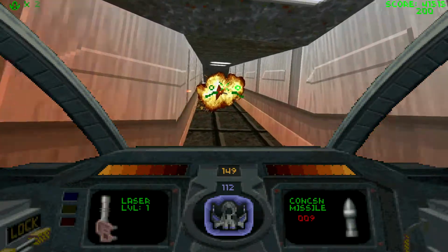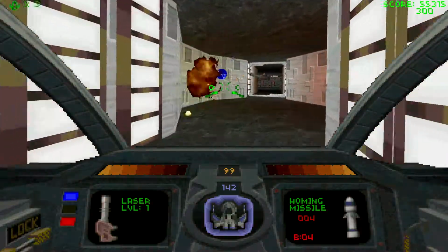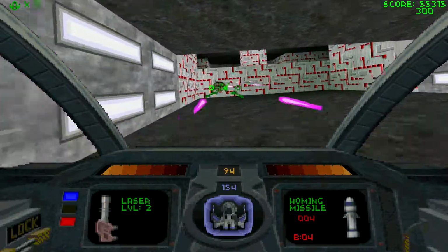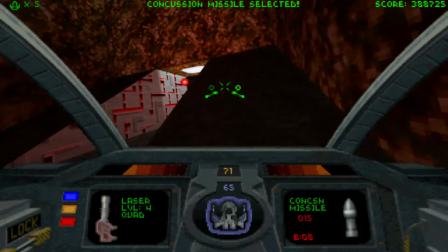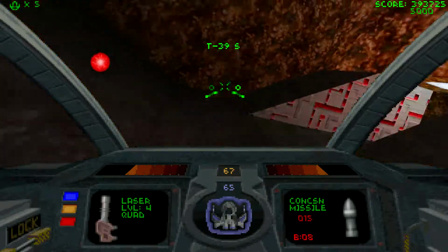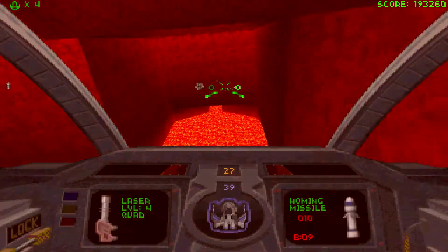The lasers start at level 1, firing a pair of somewhat weak lasers. Once an additional laser pickup is found, the laser will increase by 1 level, maxing out at 4. Each additional level will increase the laser's power. Additionally, the quad laser upgrade will add 2 additional lasers to the ship, allowing the player to shoot 4 lasers at a time. Lasers are very precise and use relatively little energy ammo, making them a great choice through the